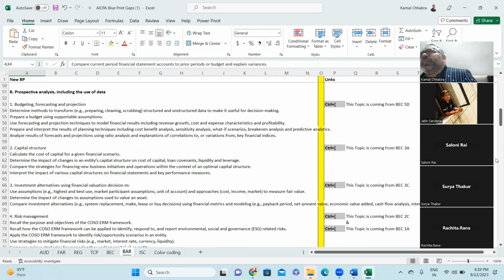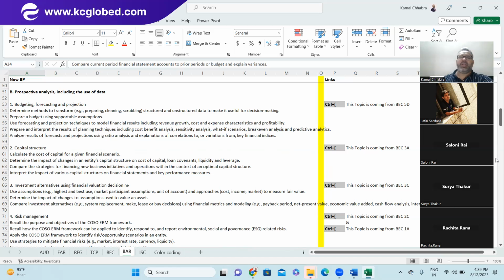Okay, got it. But in your engagement, you can see how other team members or seniors are using data analytics. So please consider this as your homework, right? Before coming to the next class, I would request each one of you to go to your engagement, check with your seniors how they are using data analytics. That will help you a lot in both FAR audit as well as in BAR exam. So data analytics is part of all the three examinations now.